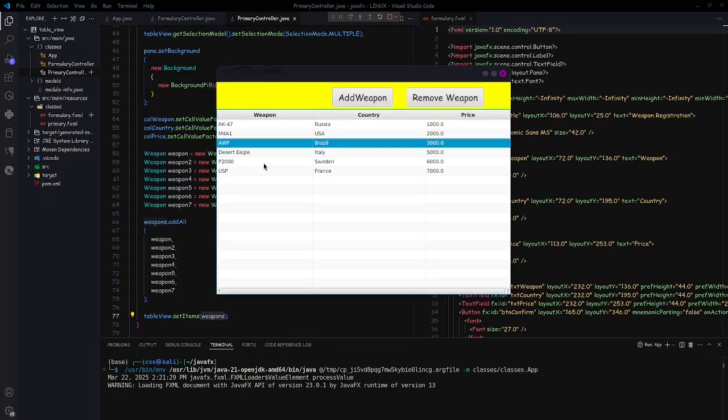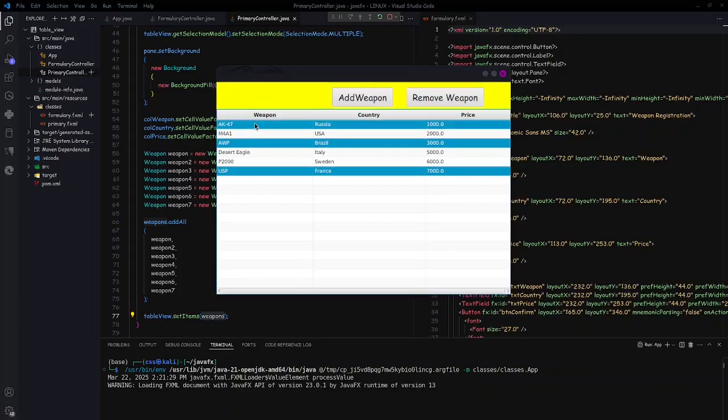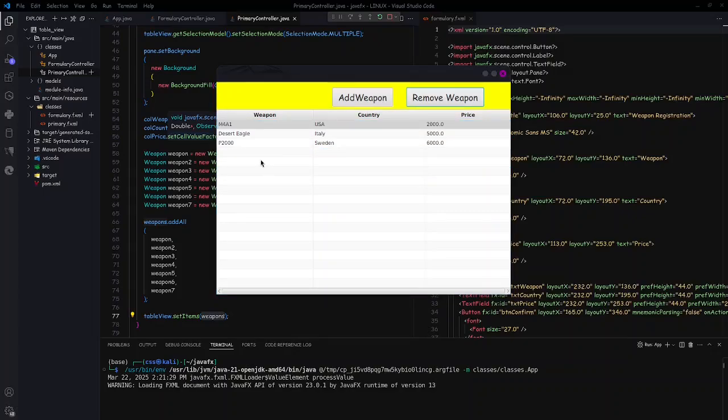But what if I want to select three random items and I want to remove them? Is that possible? So let's see. AK-47, AWP, and USP. So remove,